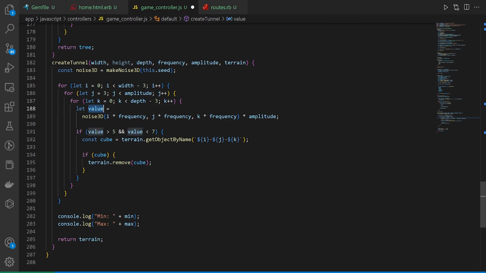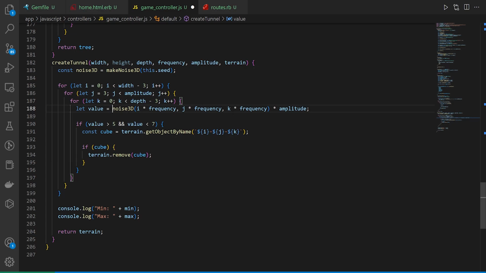We then create another noise. This time we're using a 3D noise instead of a 2D noise. The only real difference there is it takes into consideration the z coordinate or the y coordinate, depending on how you have this set up. And we do the same thing. We multiply each by the frequency, then we multiply it by the amplitude. The values we get back kind of vary. So what I did here is I just chose a value within this range to then create a cube,